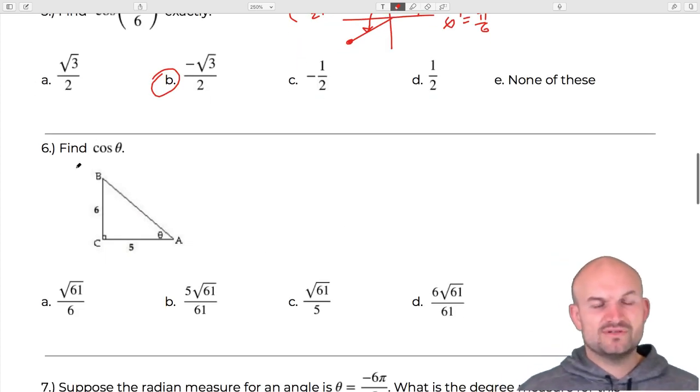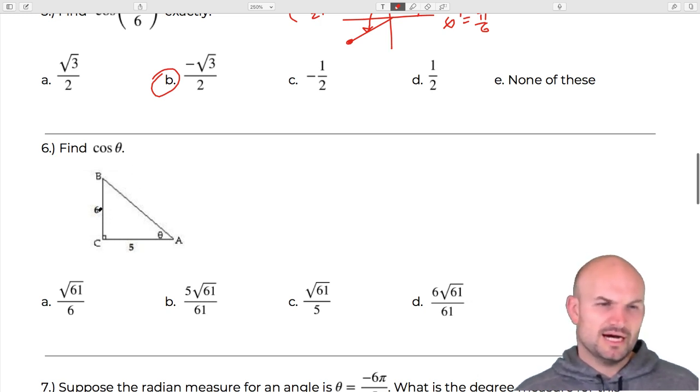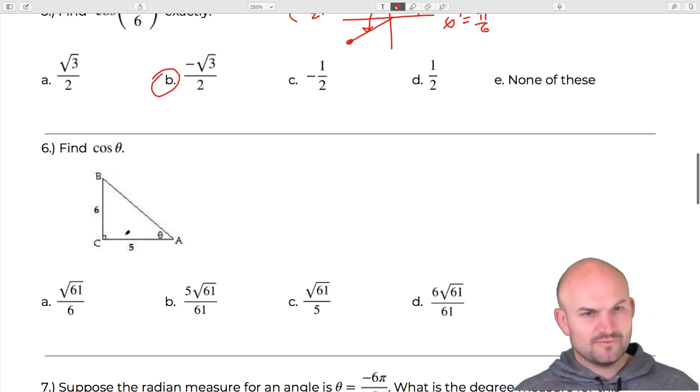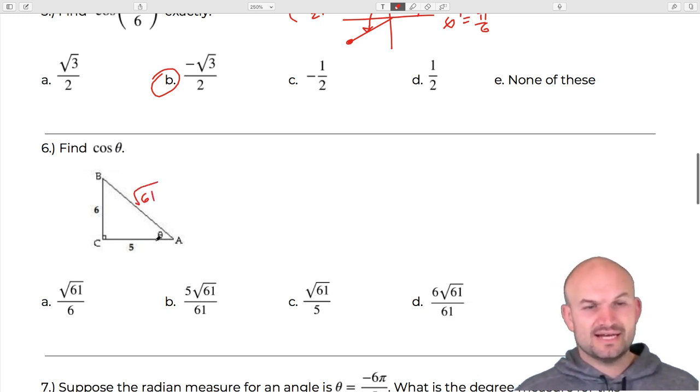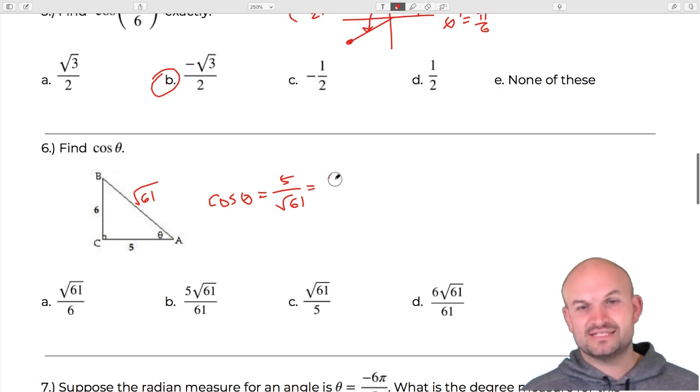As far as finding the cosine here, we need to figure out the hypotenuse, so we can use the Pythagorean theorem. So this is 36 plus 25, which is going to be 61, or square root of 61. So the cosine, again, is the adjacent side. Remember, adjacent is always between your angle and the 90 degree. So the cosine of theta is going to be 5 over the square root of 61. And you can see they rationalize the denominator here,